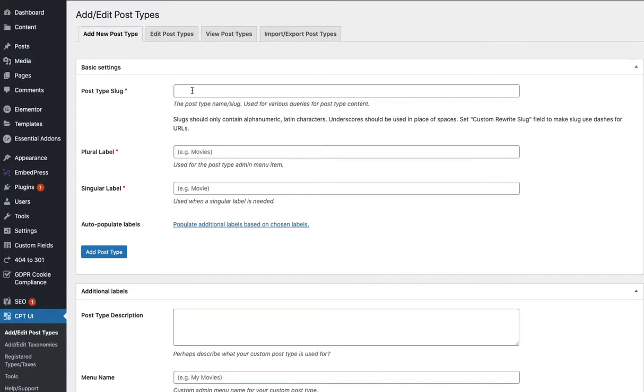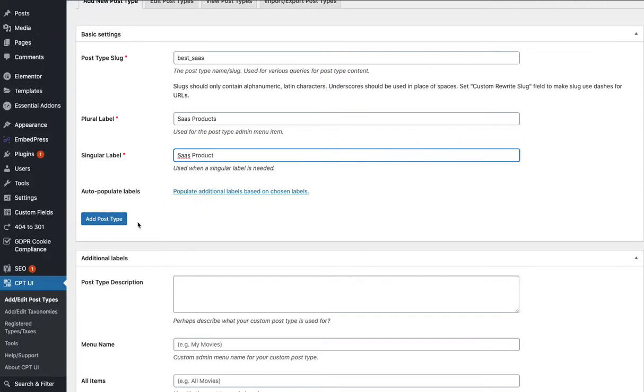So we will create a post type for a new project I will launch on the website, a directory of SaaS software. So best-saas will be the slug. The slug is what you will see in the URL. Then we will call this SaaS Products in the plural, and in the singular without the S. And you simply have to add the post type from here